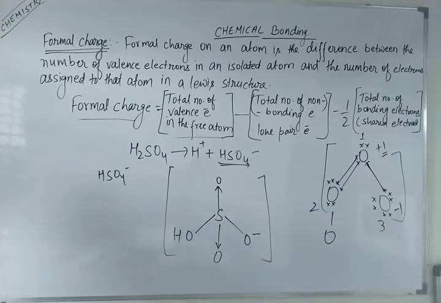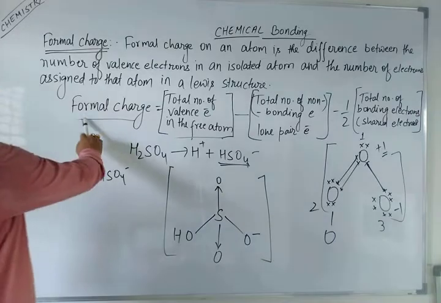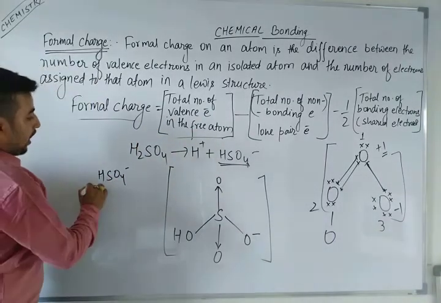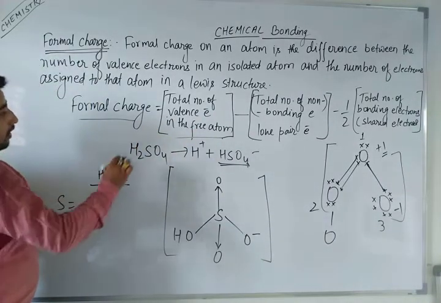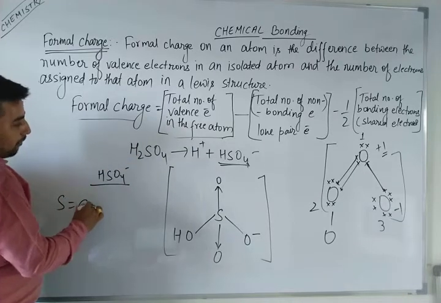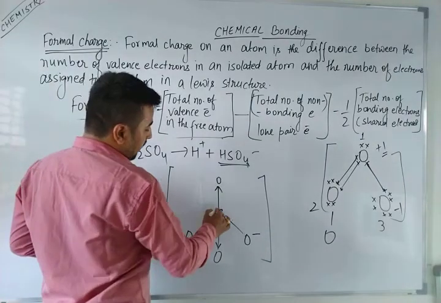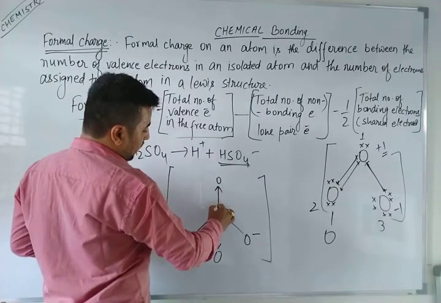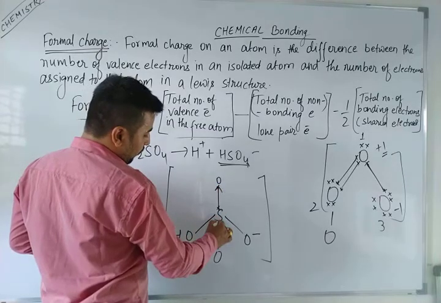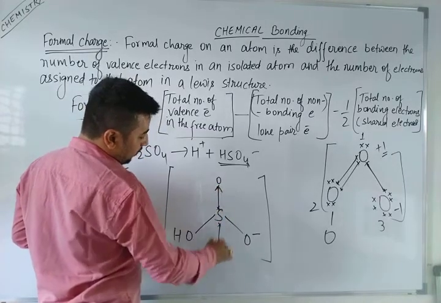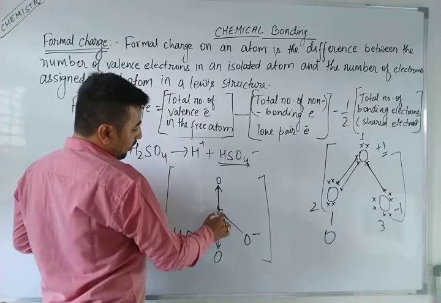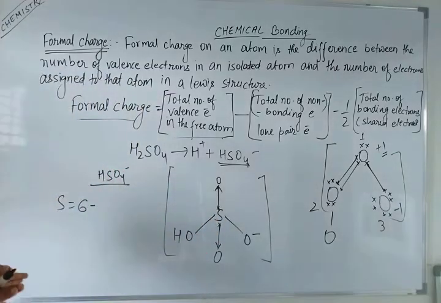Formal charge is equal to the total number of valence electrons. Here you have to calculate the formal charge of sulfur. Valence electrons of sulfur are 6, minus how many non-bonding? See, the total number of valence electrons is 6. Here, 2 electrons the sulfur has shared, 1 and 1 is 2, 1 and 1 is 2. 2 electrons are shared with both oxygens. Here, 3, 4, 5, 6. So there is no lone pair of electrons, right? In this HSO4 minus, the arrow means they have shared the 2 electrons, so there is no lone pair of